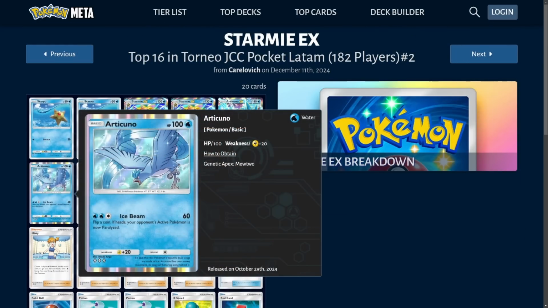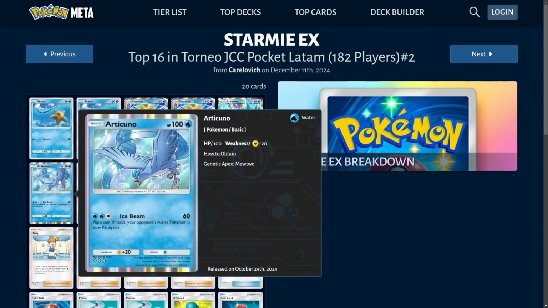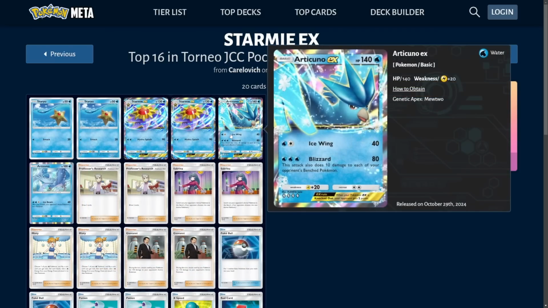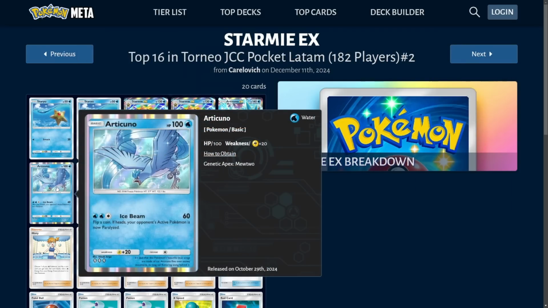This one's opting for 1 basic Articuno, which this Articuno is actually not bad. For 3 energy, it does Ice Beam for 60 damage. And then flip a coin. If heads, your opponent's active Pokemon is now paralyzed. I would actually say out of the 3 legendary birds, Articuno, Moltres, and Zapdos, you know how they all have an EX version and a non-EX version? I would say the basic Articuno is probably the best out of the non-EX versions,